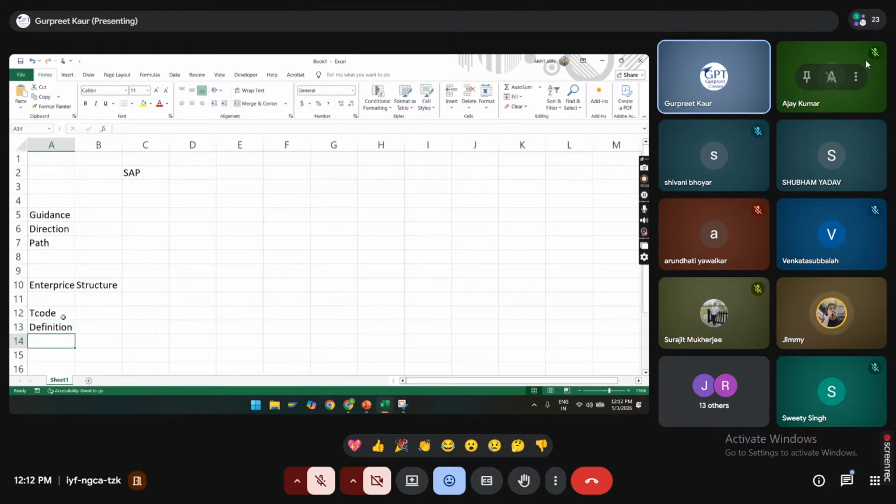Yeah, the T code is MIGO. You're right. The T code is MIGO, and the definition is that it's a goods receipt note, where the premises receive the goods from the vendor, right?